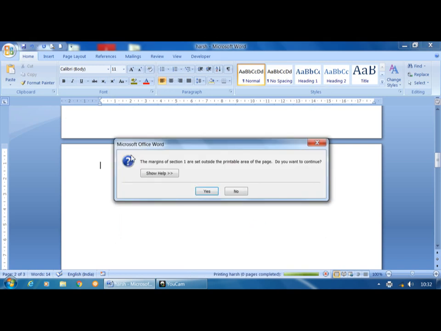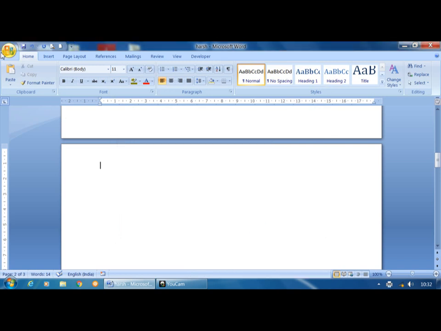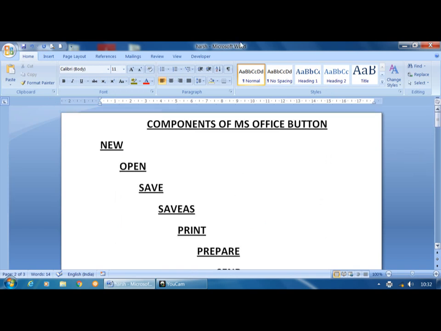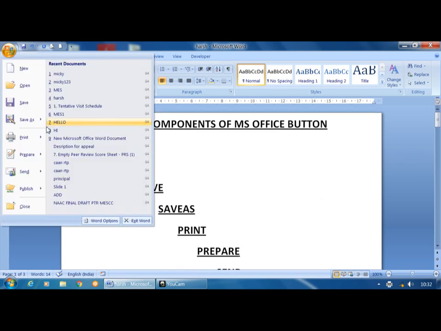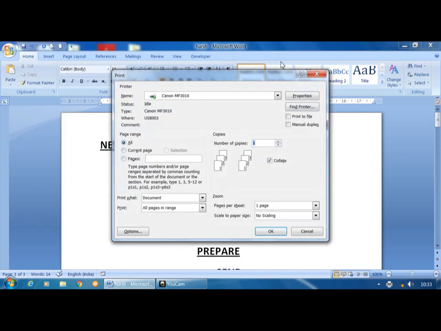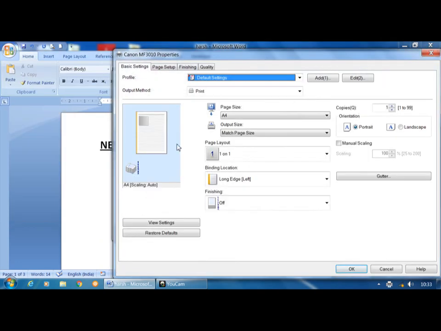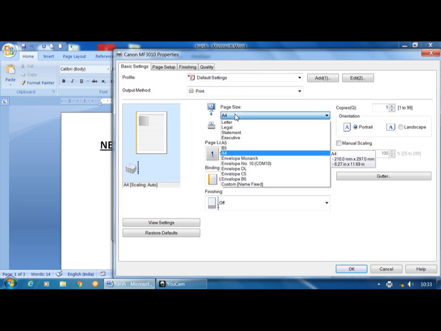Other than that, the properties option is there. Click on MS Office button, click on print, and in the print dialog box, click the properties option. See here, I can select the page size on which I have to print the document. Here again different page sizes are available like A4, letter, legal, executive, all those things. If I want to select the letter option, then in the printer you have to insert letter paper. And if I want to print the document on legal paper, you have to insert legal paper. Normally we use A4 size paper, so you select A4 size paper.